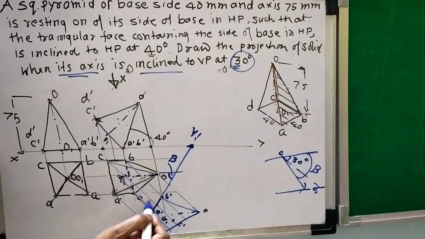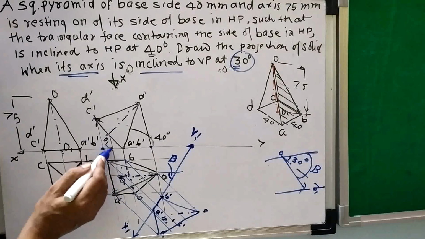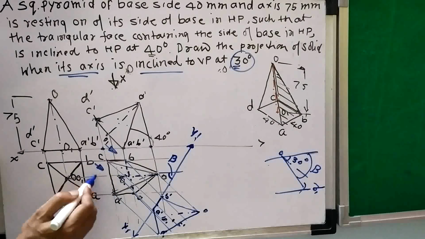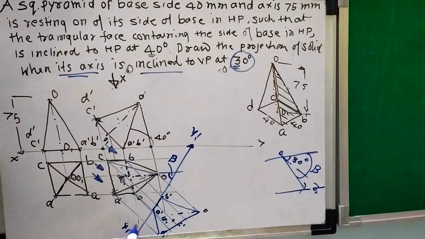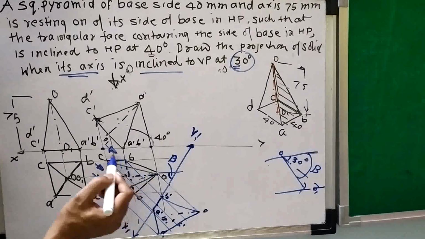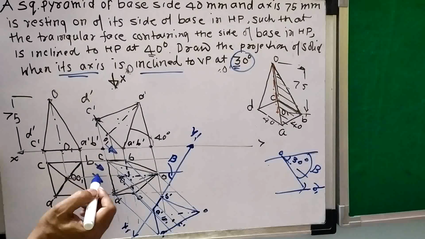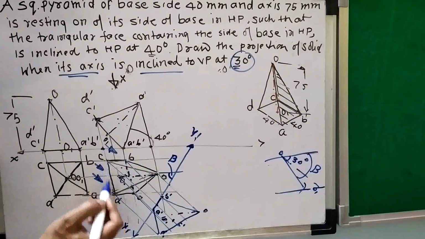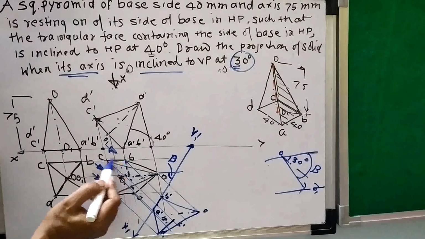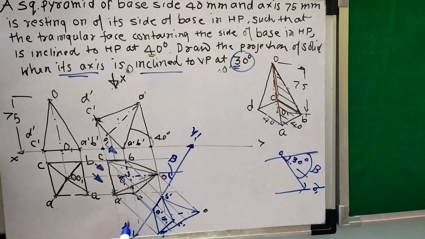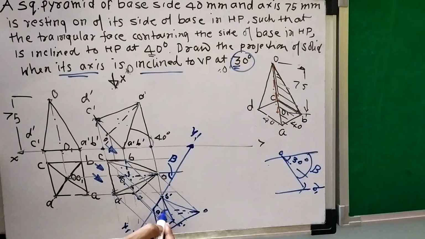the inner part. So for this inner part, this is the object, this is the XY line, so the observer is here. The observer is here because the object is always between the observer and XY. So for this figure, this is my object, this is XY, and this is the position of the observer. So for this observer, CD is very close, so CD is dark. Then BC is very close, so BC is dark. And what you think about OA? OA is far away, so this will be dotted.